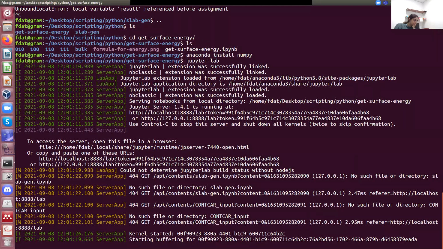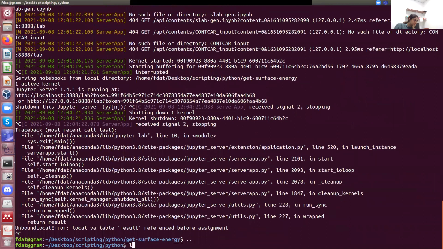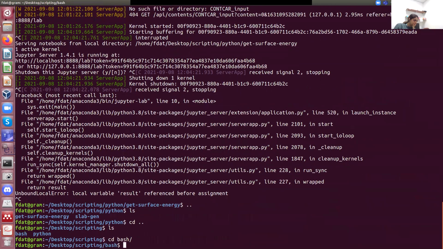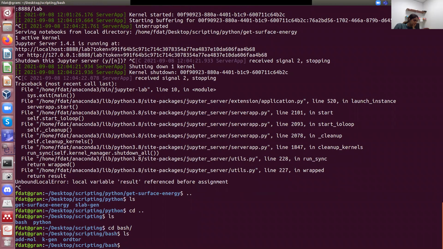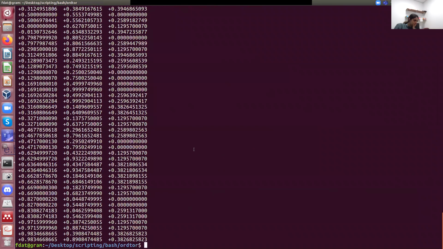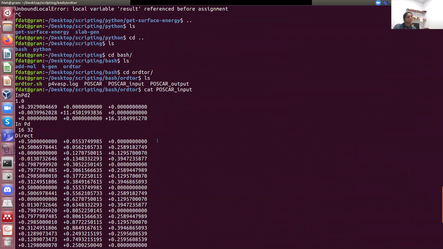Now, we quickly go through the bash. The bash is similar in the sense that, again, you have input and output. So for instance, let's take this. Later I will need to remove one because this actually already works. The input is a structure, a surface that you see is disordered.